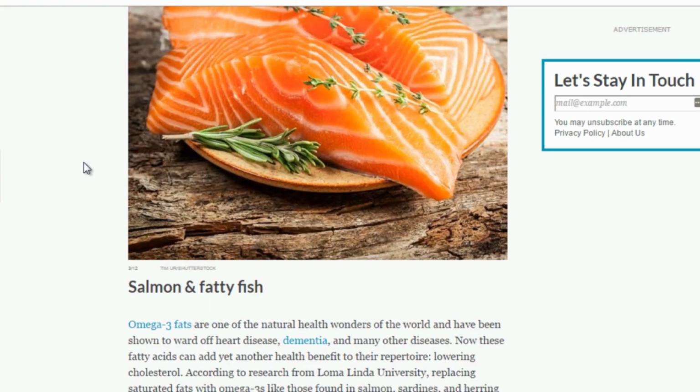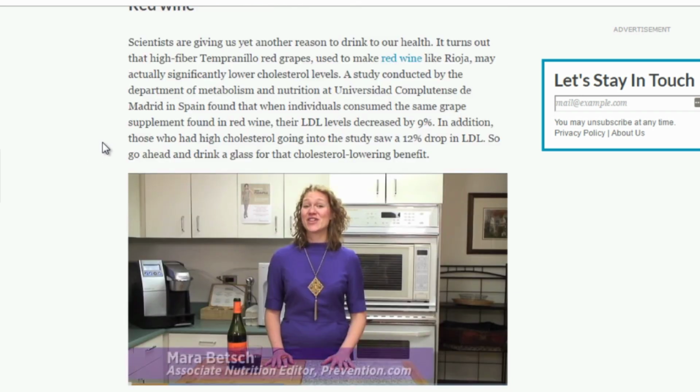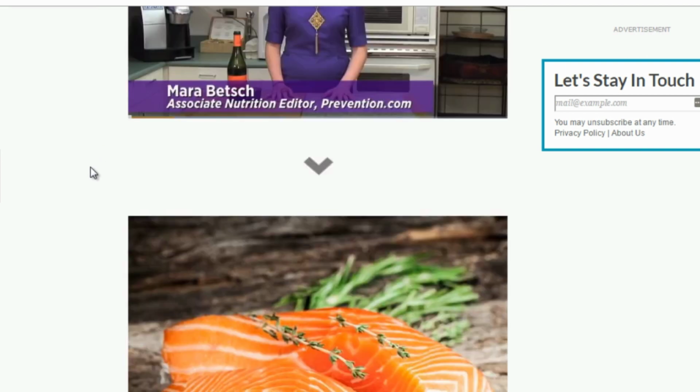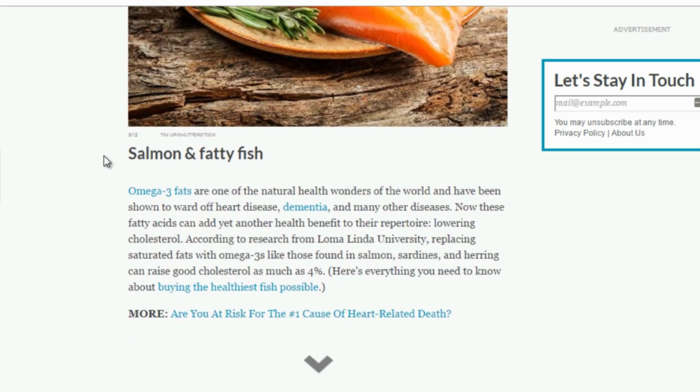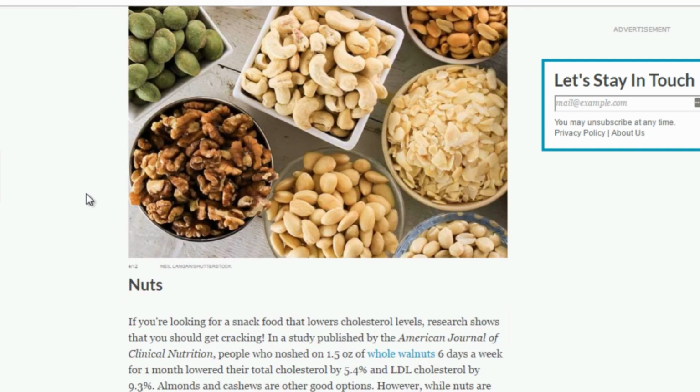So the question is, how do you go more specific? Obviously the more specific it is, the more interesting it is sometimes, but at the same time, a lot of times it'll actually boost your authority, simply because people feel like you've focused in on very specific details. So instead of saying the top 12 different foods that lower cholesterol, you can say, for example, fish. You can say the top 10 fish that actually lower your cholesterol, or top 5 fish that lower your cholesterol, or top 5 types of nuts.